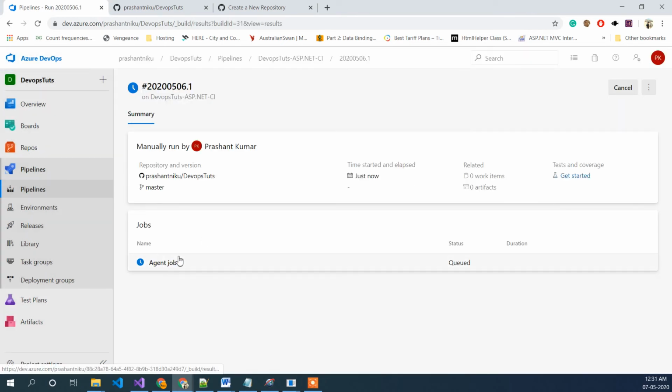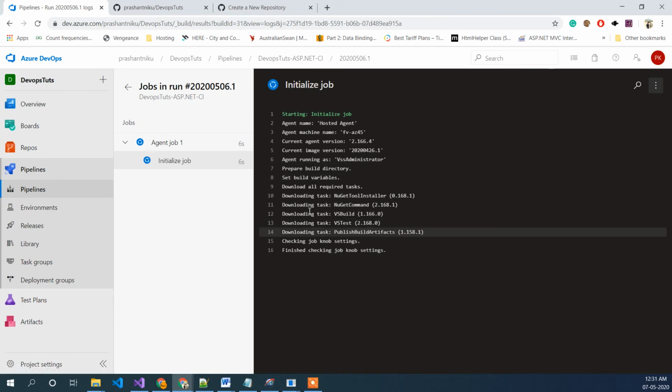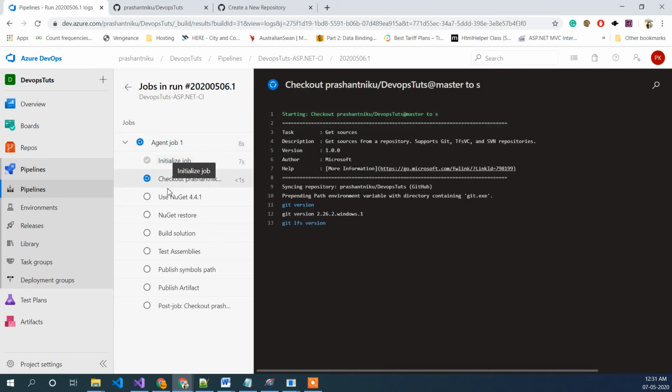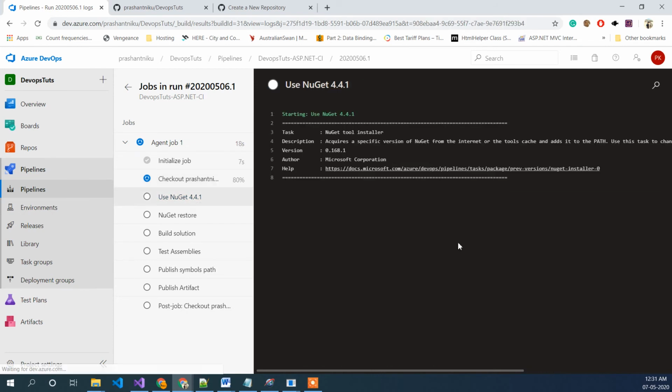So what it will do, it will add it as a queue, and when you get inside this, it will just show all the steps which it is doing, like it's checking out and getting the source from the GitHub, and then the restore NuGet commands and everything.